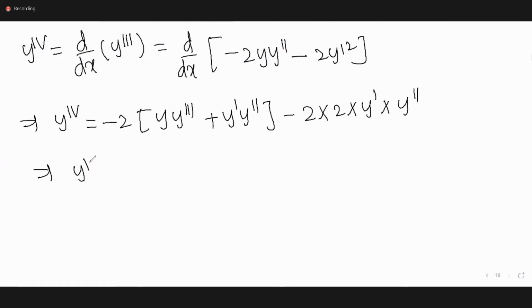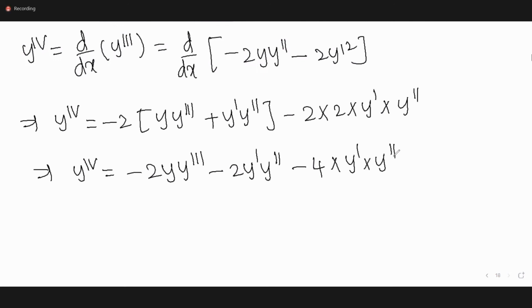So y fourth derivative is equal to minus 2y y triple dash minus 2y dash y double dash minus 4 into y dash into y double dash. So y fourth derivative is equal to minus 2 into y triple dash minus 6 into y dash into y